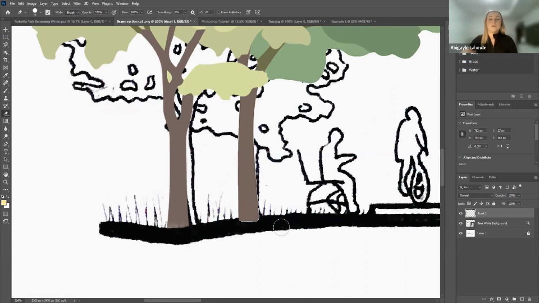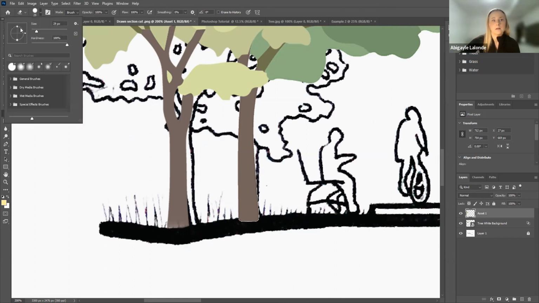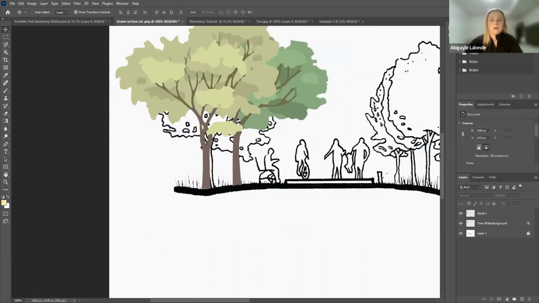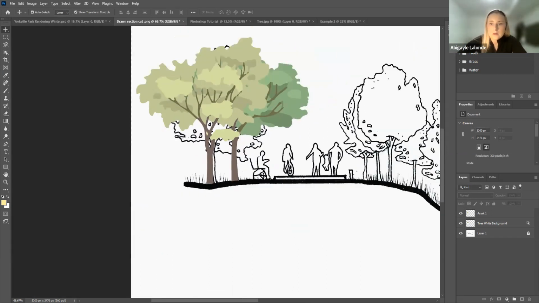So typically for sections, you want that thick, harsh line. So in this case, I want to turn my hardness up all the way so that when I cut it, it's nice and crisp. And again, this is just rough right now. And then I believe I think in my Illustrator I had. So I'm just going to bring in an image of